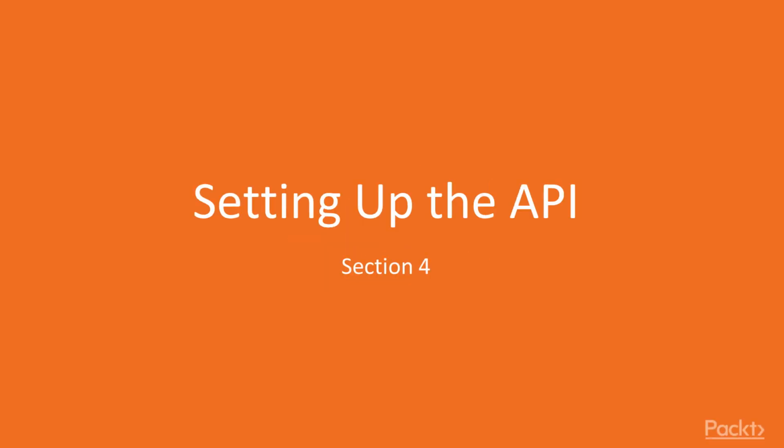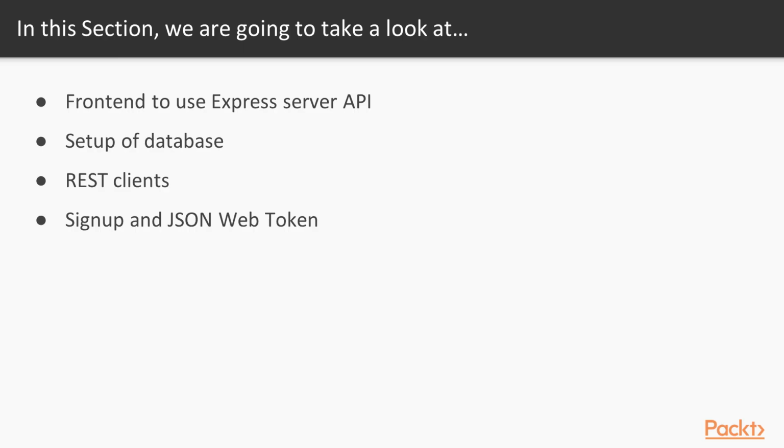Section 4. Setting up API. In this section, we will learn how to create a backend application with Express.js. We will install Express Server and use our front-end application to hit a register endpoint. Then we will set up a database for our Vue project and install SQLite and SQLite 3 on our Express Server. We will also get familiar with REST clients like Postman to test our endpoints and our server Express.js